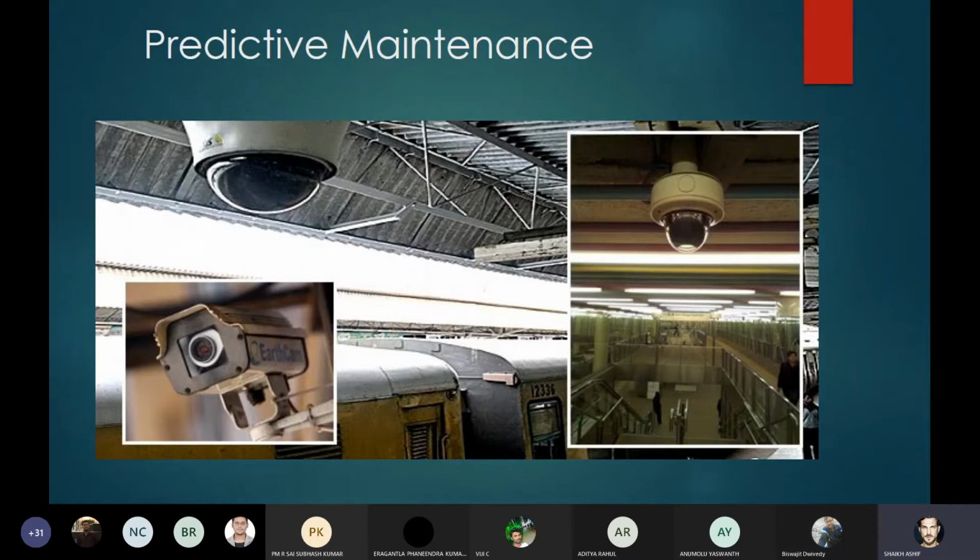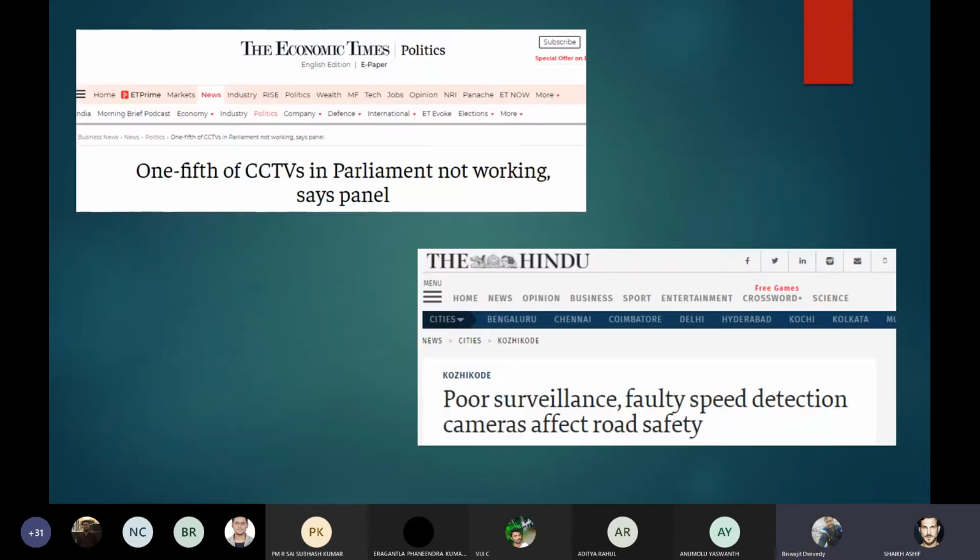Due to this COVID situation, even if one camera fails, we can say that not much effect is being